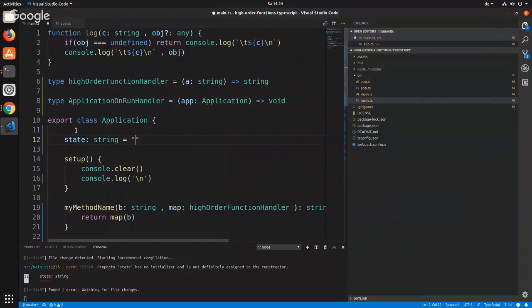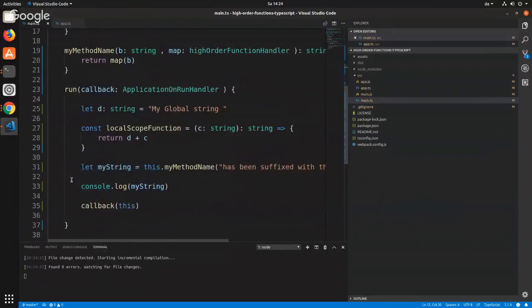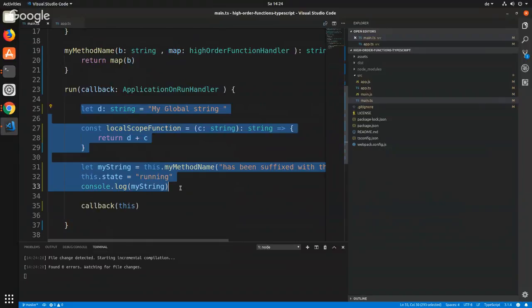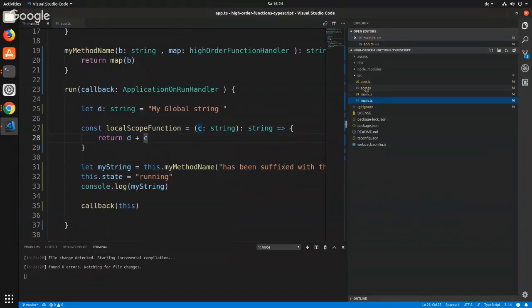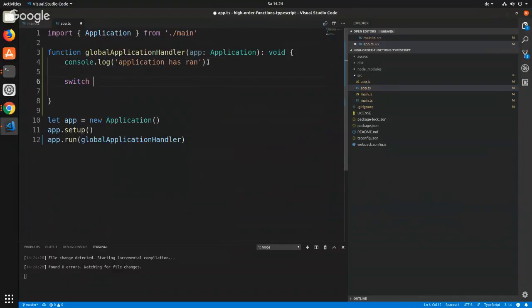So sleeping. All right. Now we can set this dot state equals running. Right. But it can be maybe that this code, it doesn't work properly, right? And it needs to exit, and you want someone else to be informed if it's running. So here now, if we can say switch app state